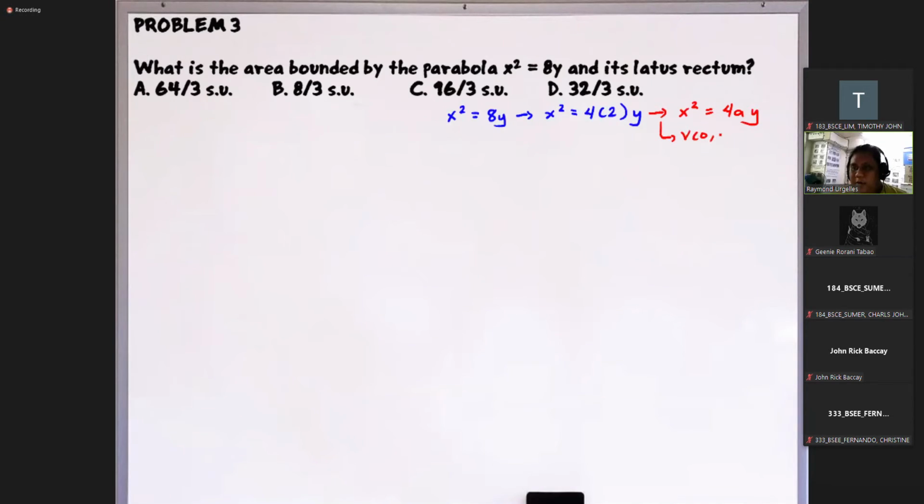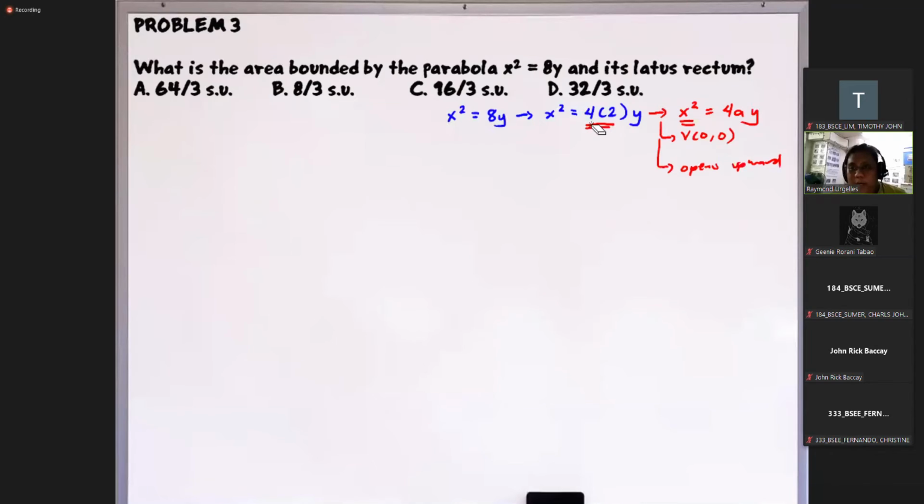Okay? Nakuha ba? So pag x squared is equal to 4ay, unang-una, yung vertex natin dito is at the origin. Okay? Isa sa mga important points ng parabola yung vertex, kasi dyan natin malalaman kung saan nag-change ng direction yung parabola. Pangalawa, since ang naka-square dito ay x, ibig sabihin, this is either opening upward or downward. And since positive yung naka-multiply kay y, ibig sabihin, this opens upward. Pag negative naman, that opens downward.